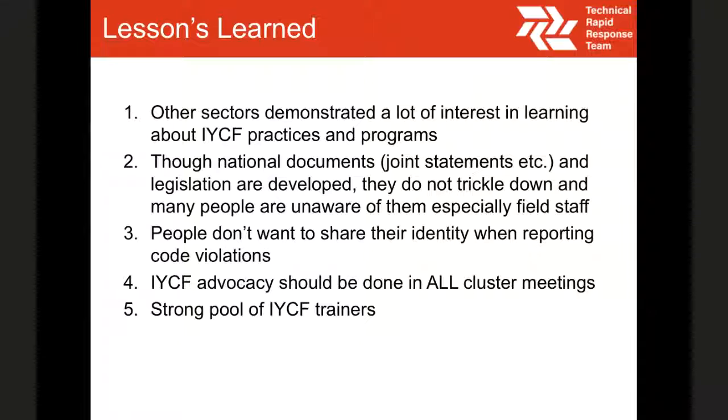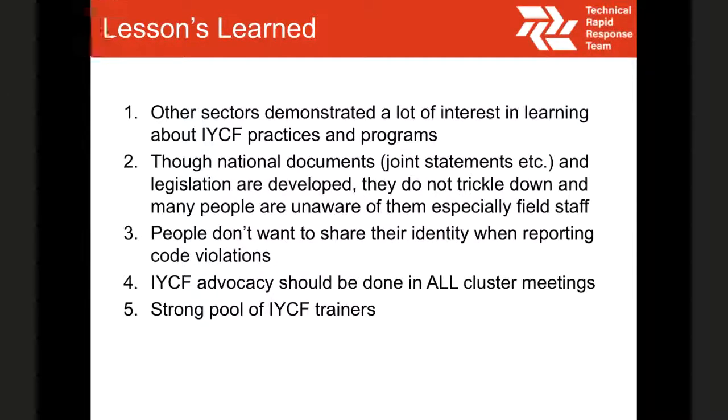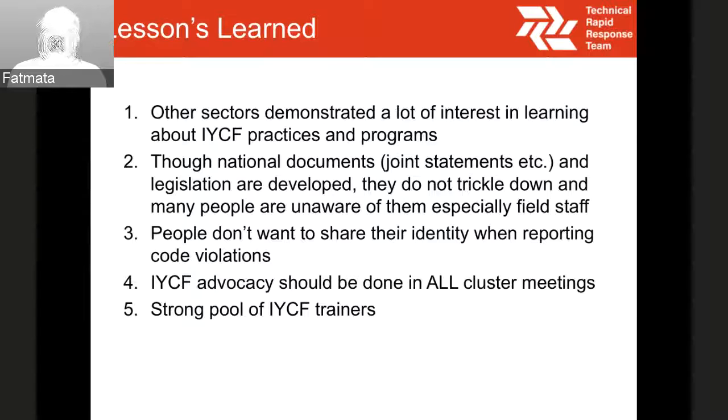Okay. Just to take you through the key lessons learned during the sessions, we realized that other sectors were keenly interested in learning a lot about IYCF. As Michelle already highlighted, we had other sectors including WASH, health, protection and nutrition. They all showed keen interest in understanding a lot more about IYCF, as well as integrating nutrition and infant and young child feeding into their programs.